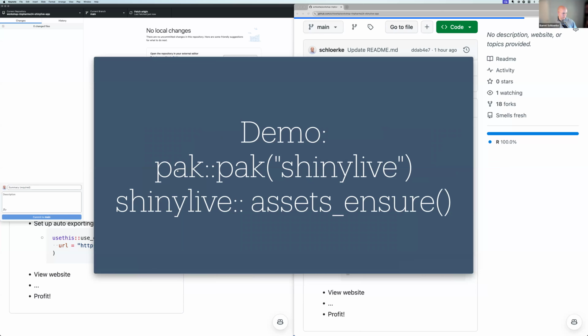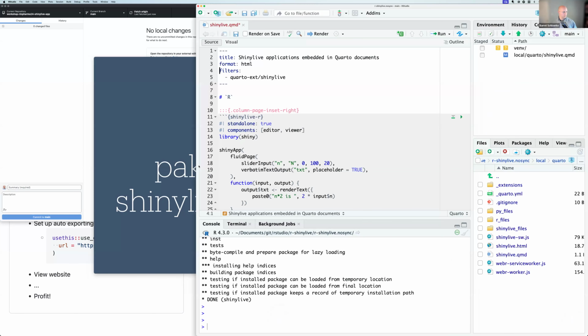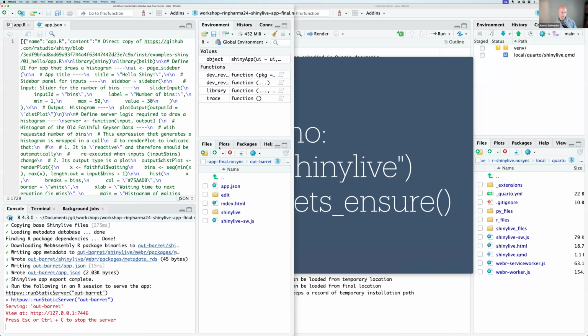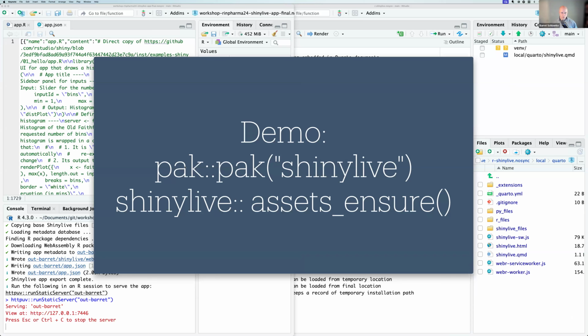This is the one downside of doing this not on cloud, is I don't have a guarantee that you have this installed. But let's look at, oh, I can do it here. So what I would like for you to do is, if you don't have pak installed already, please do install.packages of pak.